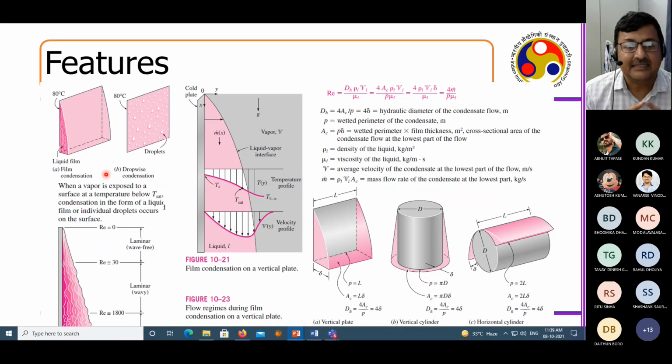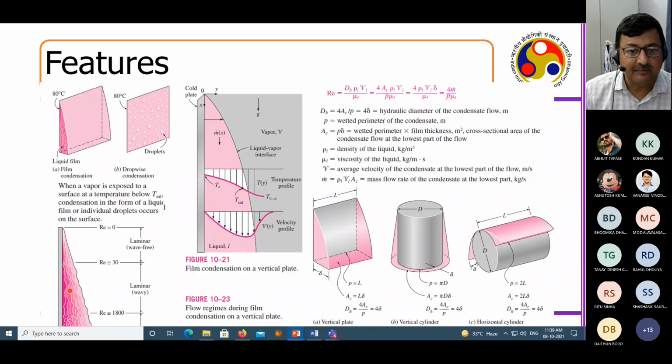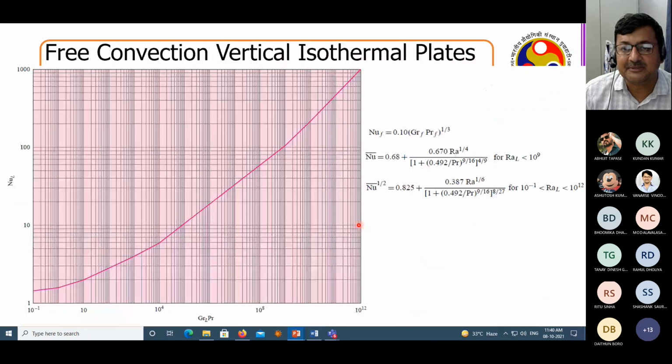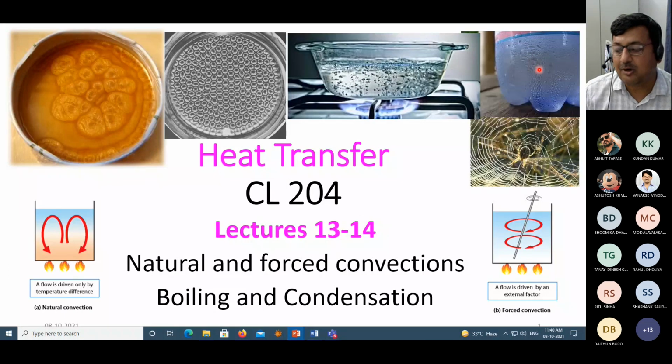So first thing you should always remember is that condensation is of two types. One is film condensation, and the other is drop condensation. Drop-wise condensation means something like this, where drops are accumulated. And film means when a film formation takes place and it falls down. You remember, all of you have purchased these Pepsi Cola bottles. On the Pepsi Cola bottles, you may immediately see that there will be some drops. And if you leave them for some time, you may see that these drops start dripping, forming a film.